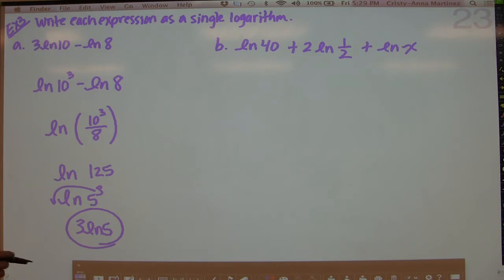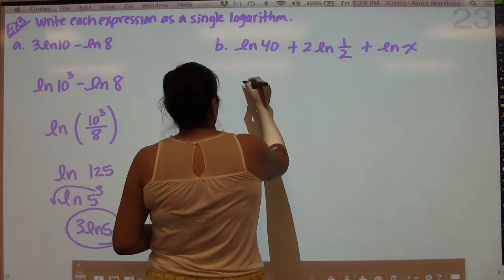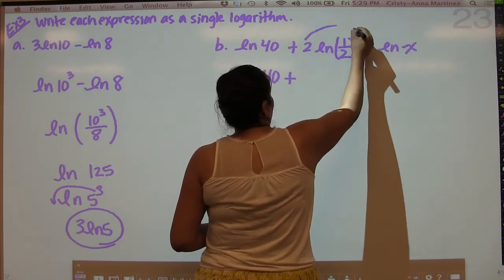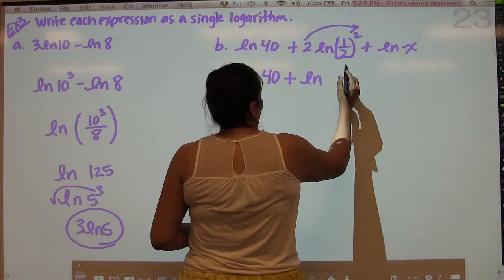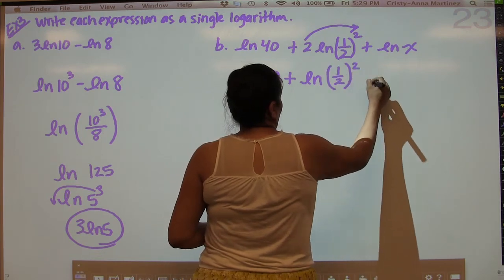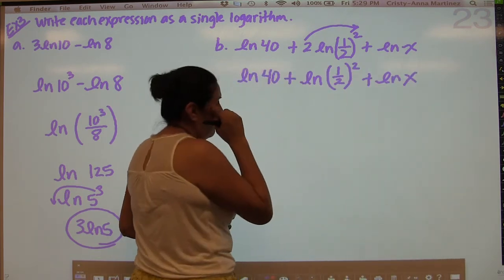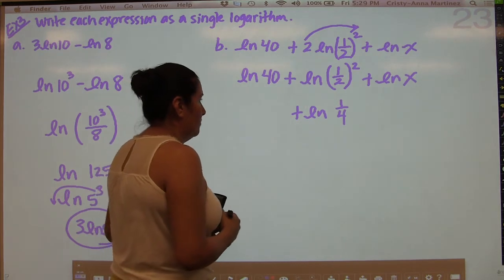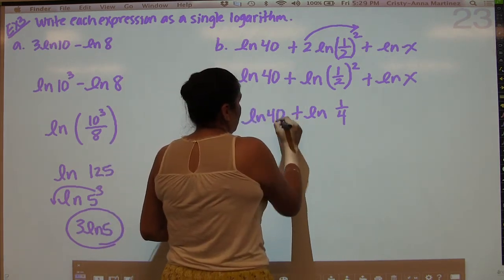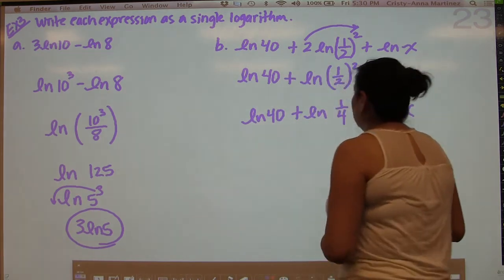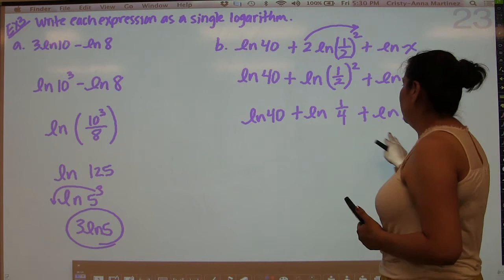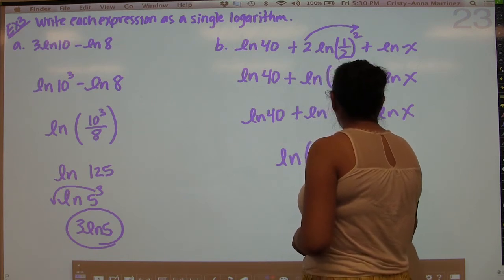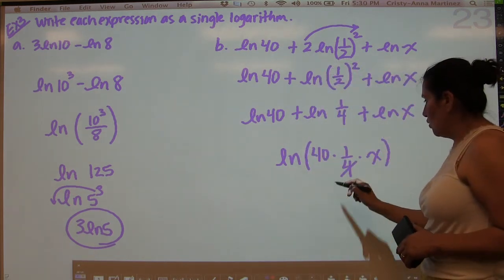And then we have over here, same thing, we have ln 40, and then the 2 here can become the exponent, and that's going to give you ln of 1/2 squared plus ln x. So when you take the 1/2 and you square it, that's actually going to become ln 1/4, because 1 squared is 1 and 2 squared is 4. And you still have ln 40, and you still have ln x. So now these are all addition, and so we know that when we have addition like that, we can actually multiply. So we're going to say ln of 40 times 1/4 times x,